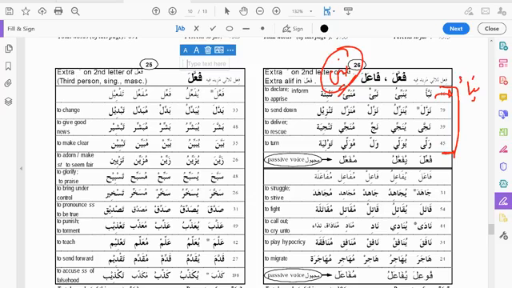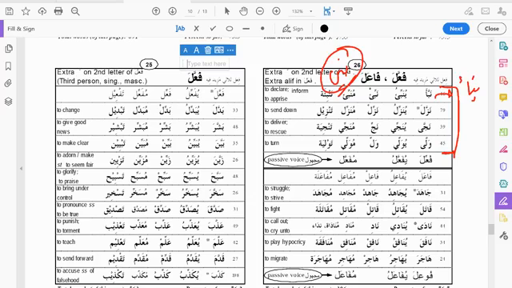And now let's see the passive. What does it mean? The passive means the person that is doing that particular action is not necessarily indicated in the sentence. So فُعِلَ, يُفَعَّل, مُفَعَّل. Those would be where the person doing the actual verb is not indicated. So here فاعل, يفاعل, مفاعل, مفاعلة. Now, why did they bring this up right now?